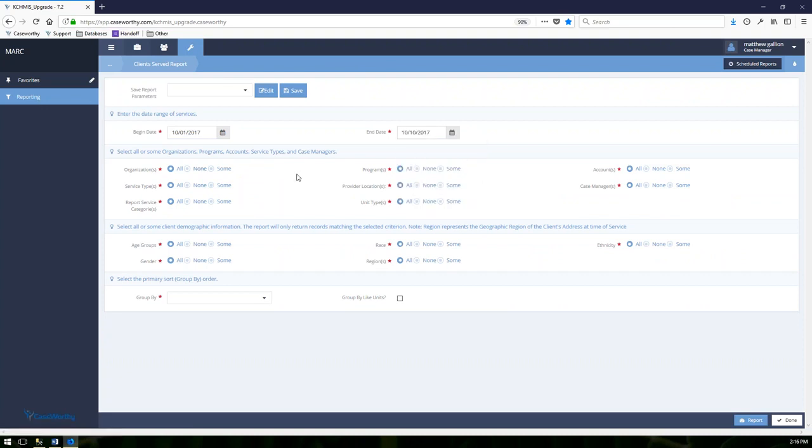And then there are a huge number of options that can be selected. And then you can group by another set of options. So we could group by program, for instance. And then the number one thing that we added in 7.0 and above that is different is this group by units, because services might have different units. And so this allows us to lump those together, so that if we run this report,